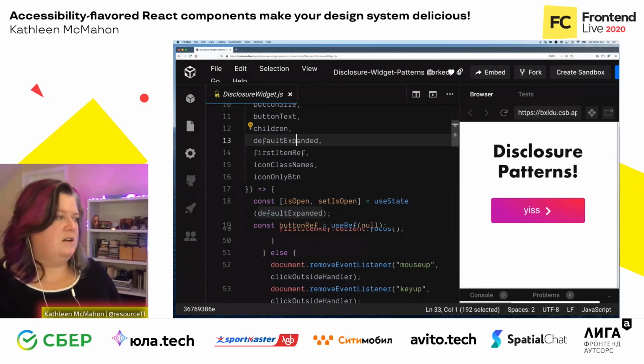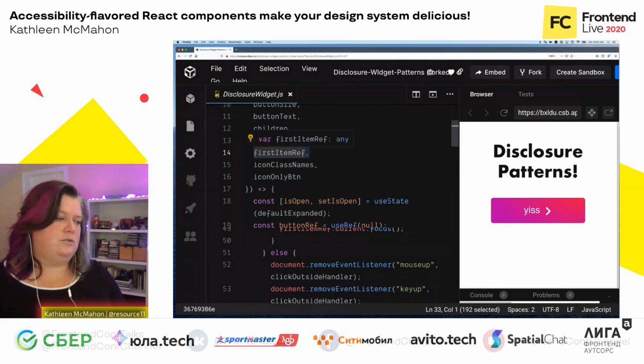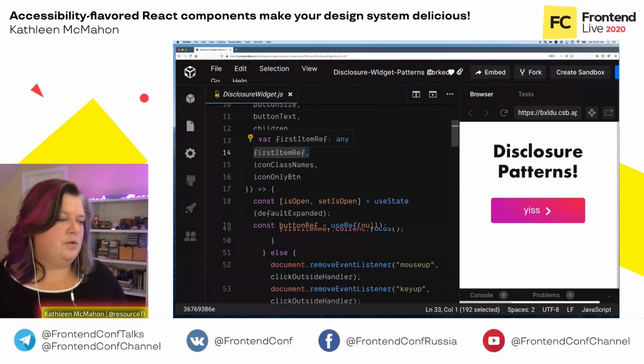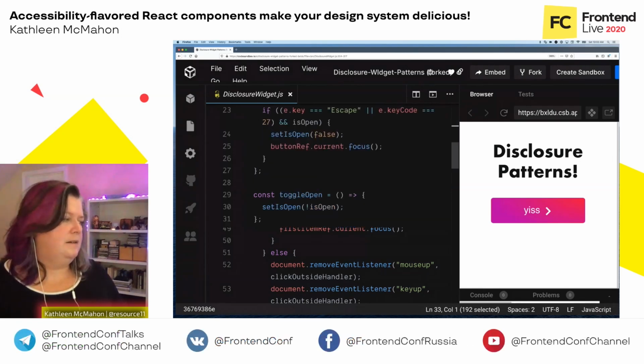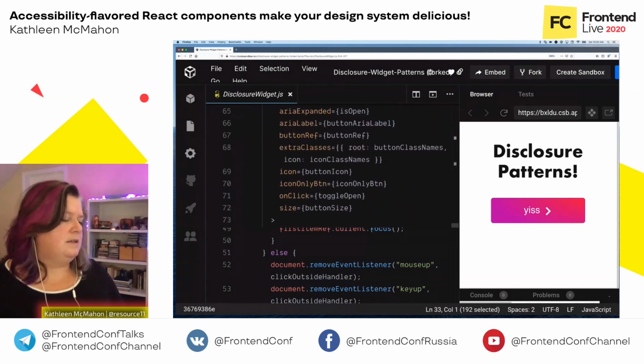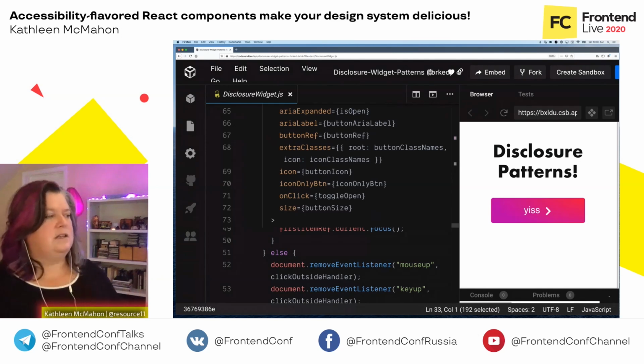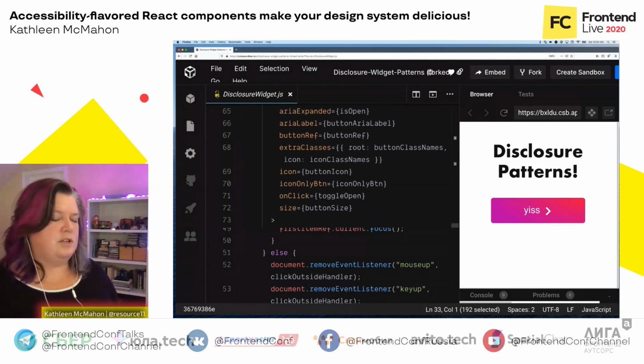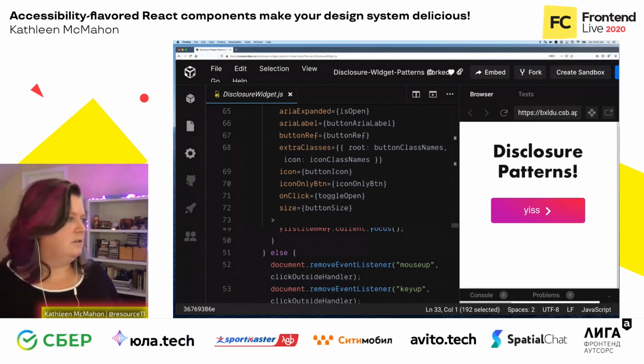This first item ref is a value where we are going to attach to the component inside this div down here, in case we want to send focus into any of these contents. And I will demo that in a pattern that I'm going to show, because this is just the behind the scenes component that you leverage to make other patterns. So